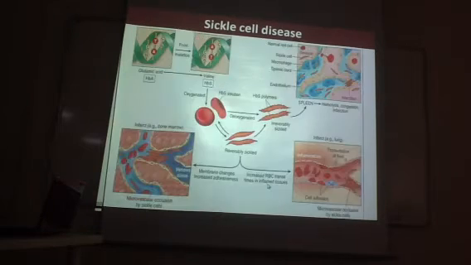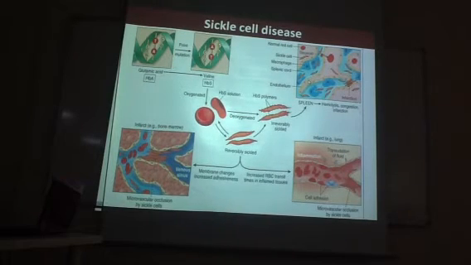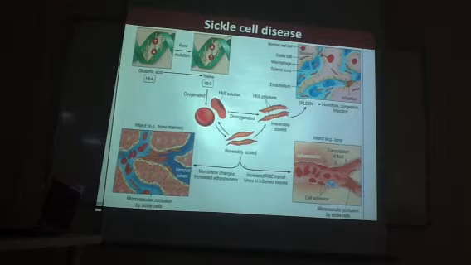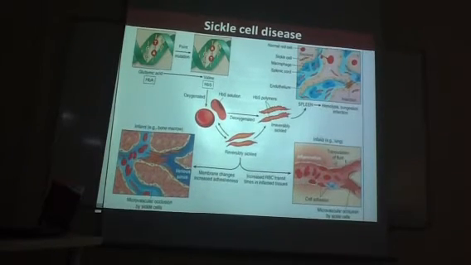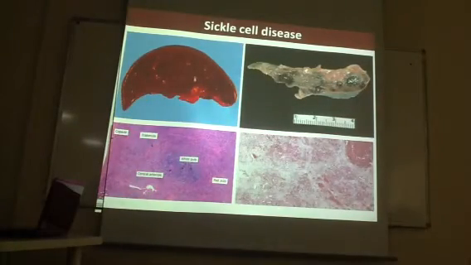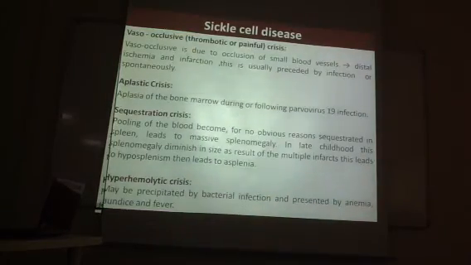When they keep producing small infarctions, it leads to fibrosis of the spleen, because everything goes to the spleen, and the entire spleen goes for complete fibrosis. That is called asplenia or autosplenectomy. If it affects the lung, they produce pulmonary infarct. If it affects the bone, they produce bone infarct. See, this is the normal spleen. You can see the fibrotic spleen.